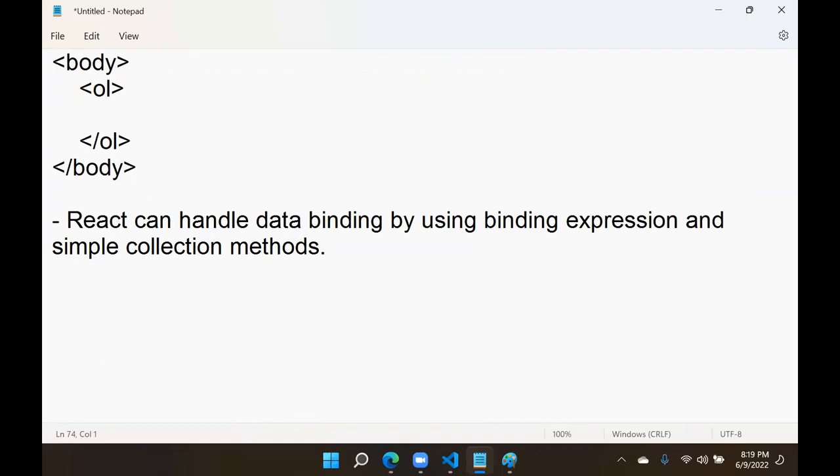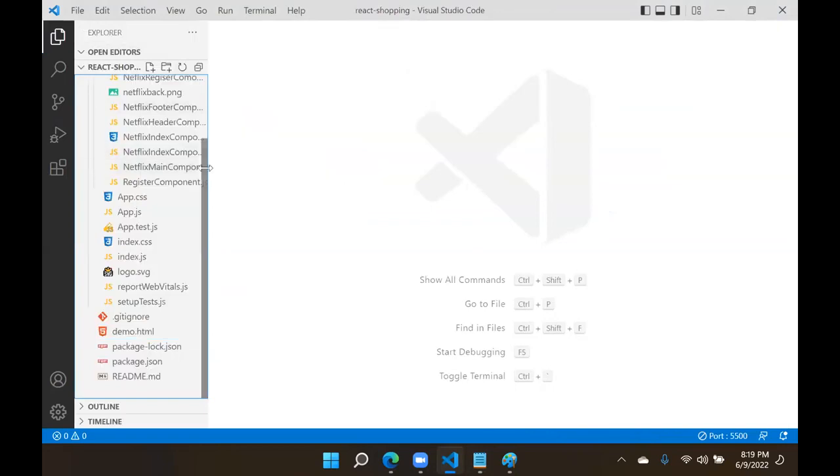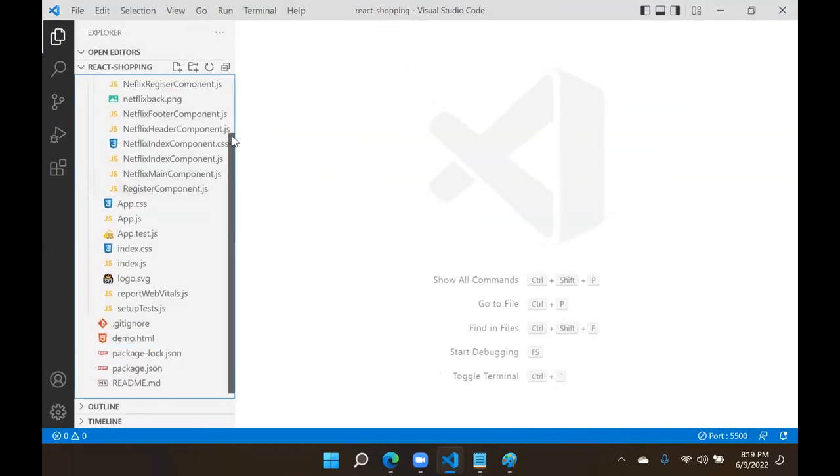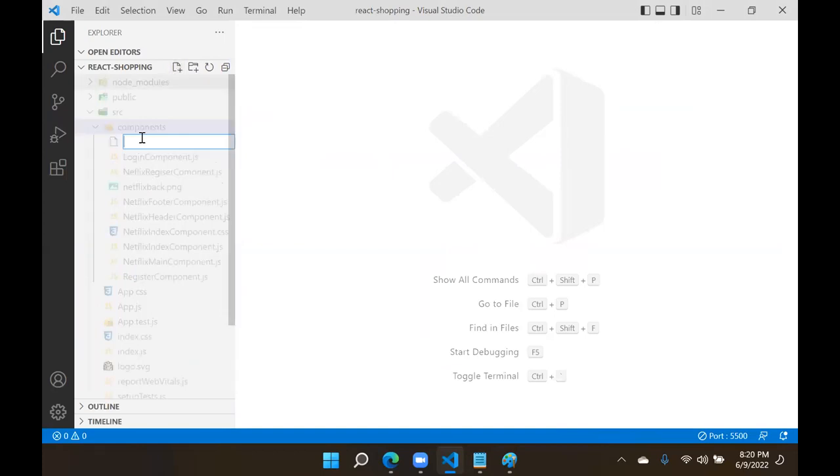Let's see how we can access and bind the data, how React can handle data binding by using simple binding expressions. I will create a component here now. For every example, we will create one component and use that component. I will add a new component in the components folder. I will call it data binding